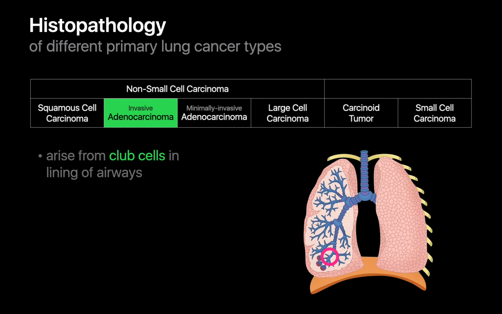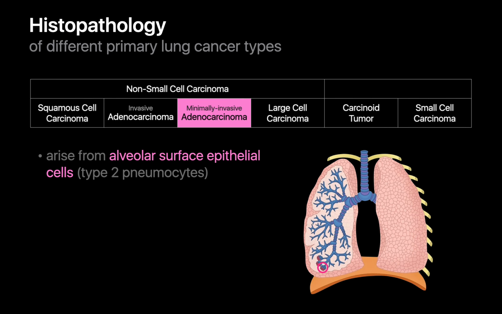And that's why adenocarcinomas tend to occur more peripherally as opposed to squamous cell carcinomas. What's interesting is that after cigarette filters were introduced in the 1950s, the distribution of lung cancers we saw in smokers shifted away from squamous cell carcinomas towards adenocarcinomas. Many folks believe that's because the particles smokers inhale through a filtered cigarette are on average much finer than the particles from an unfiltered cigarette, and that these finer particles can travel much more peripherally in the airways.